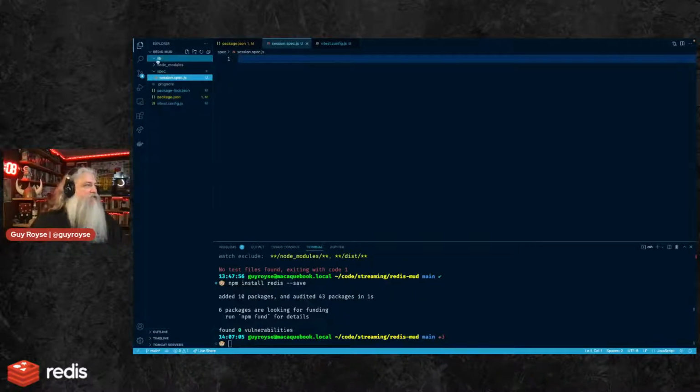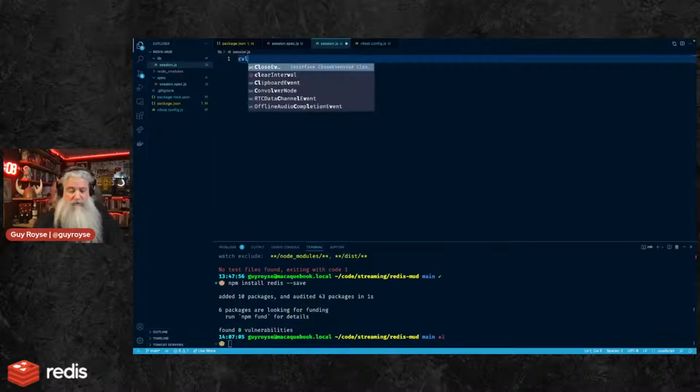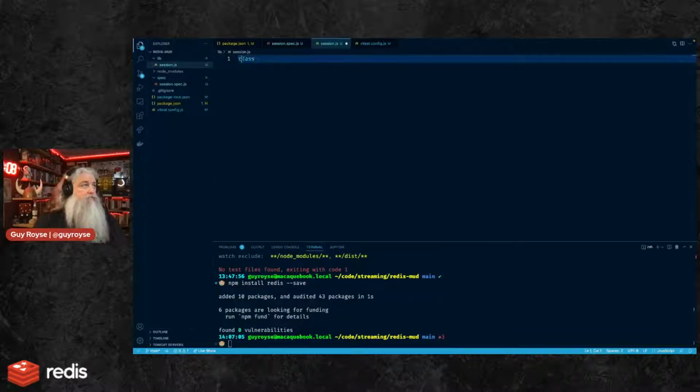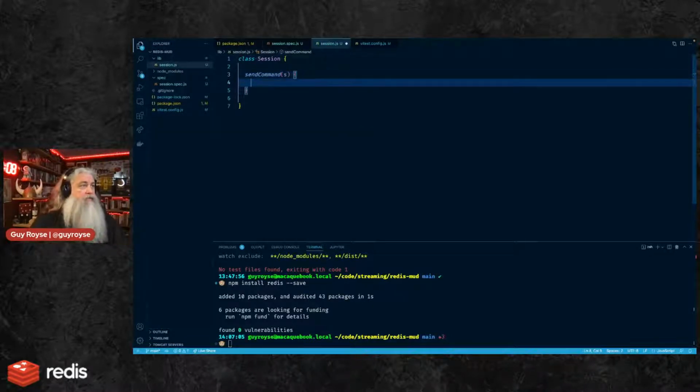So let's start with a new file, session.js. I'm thinking the session is going to be a class, Session. And then you've got a sendCommand, which takes a string, which is just a command, like the word look or something like that. And then that's going to do something.